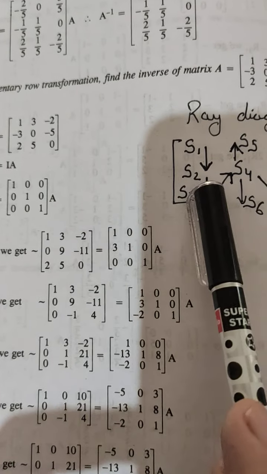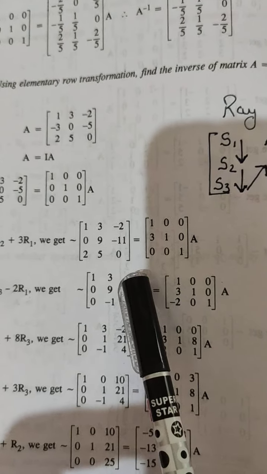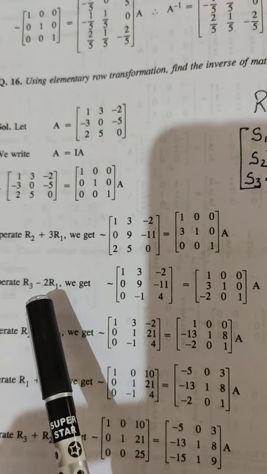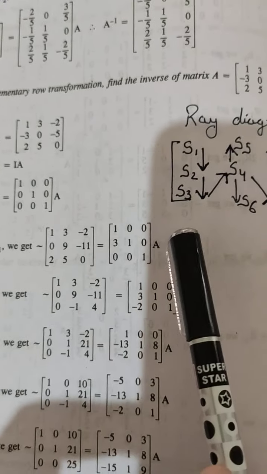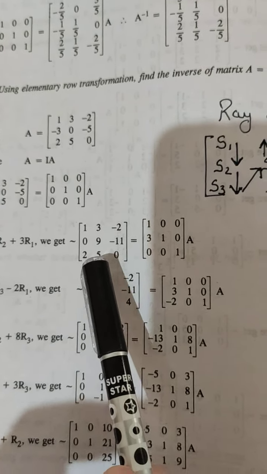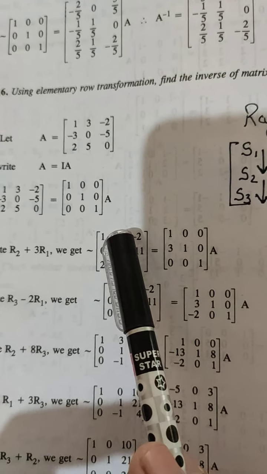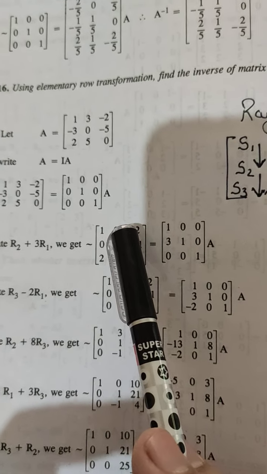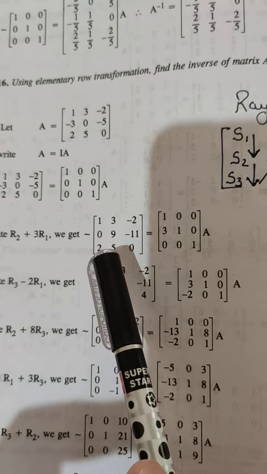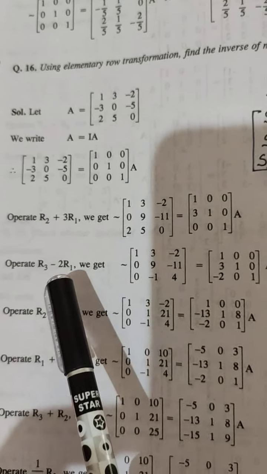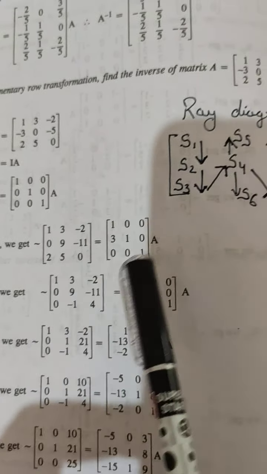Now after this, which do you want? Step 3. What value do you want? 0. How will you change it? In the same way, as I said, when we change into 0 we use Ri gives Ri plus k Rj. So from 2, what will we subtract? It will become 0, 2. In R1, why have we changed into 1? With 1 we can make any number by multiplying by that number. We want 2, so we multiply 1 by 2. We want to change it to 0, so we want the opposite sign. So R3 gives R3 minus 2R1. So we got 0.